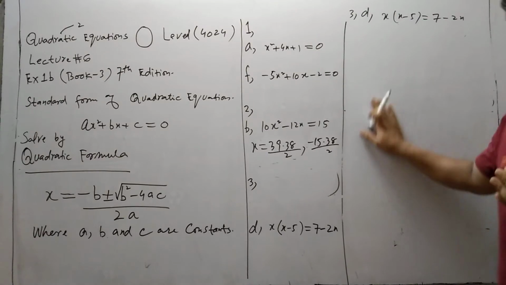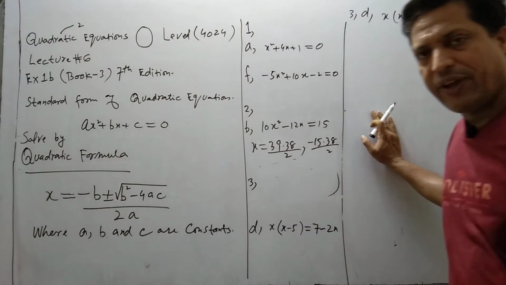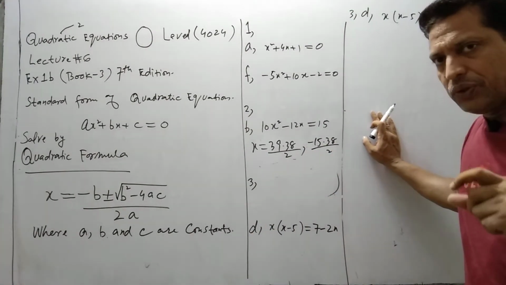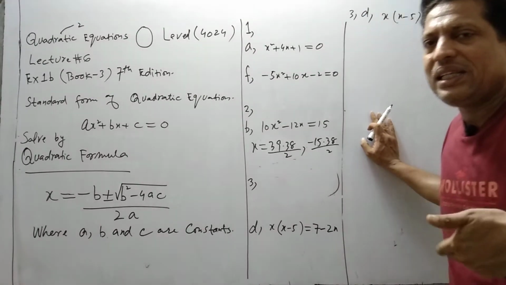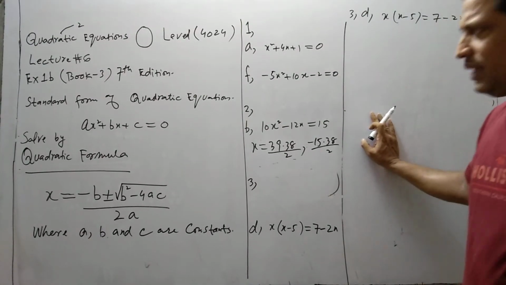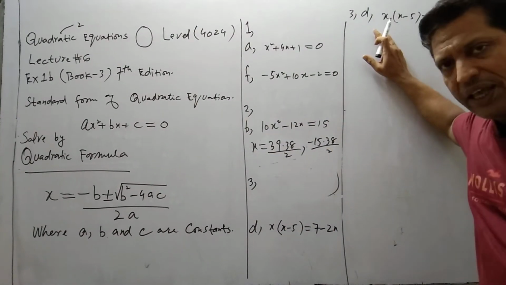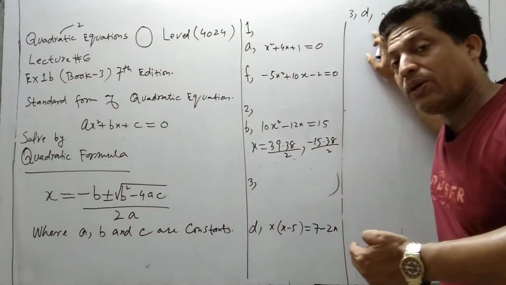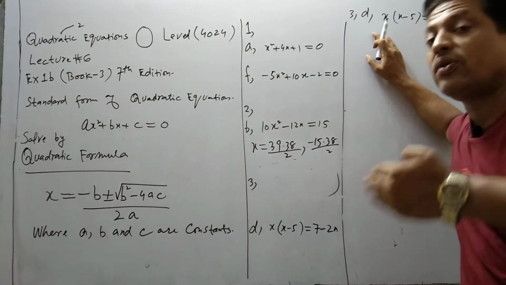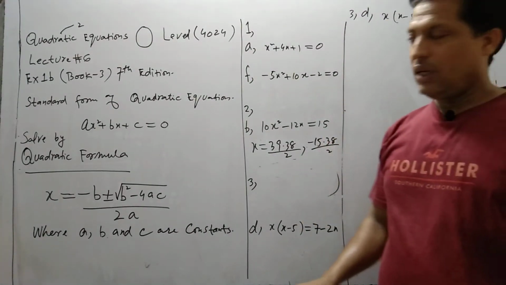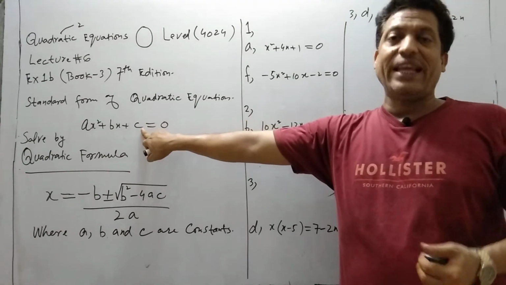What is the difference between question number 2 and question number 3? In question number 2, it was given almost in the form of a quadratic equation, but in question number 3, as compared to question number 2, we have to do more work in order to convert the given equation into the standard form